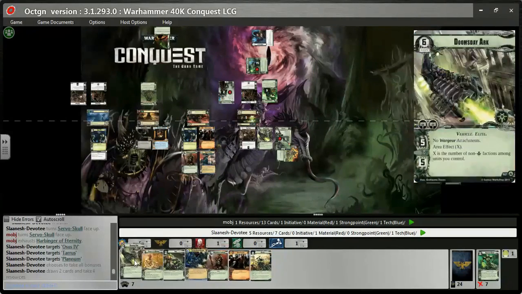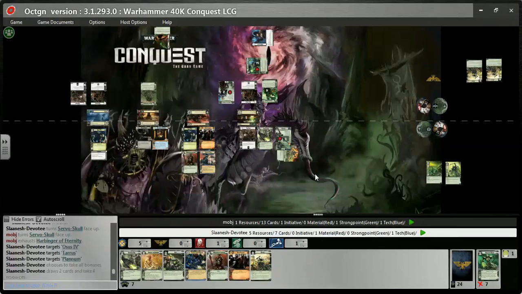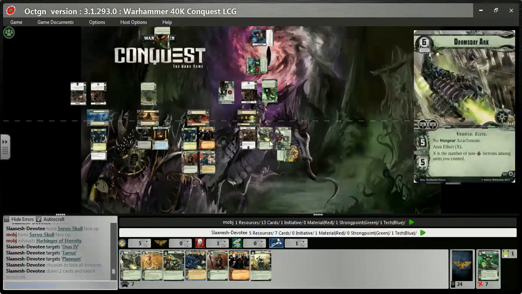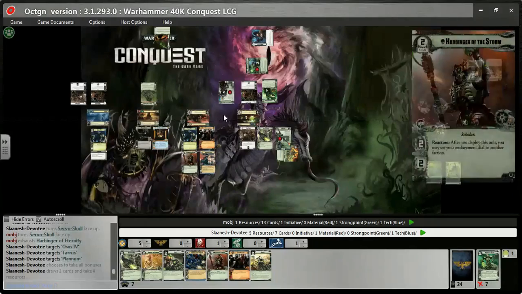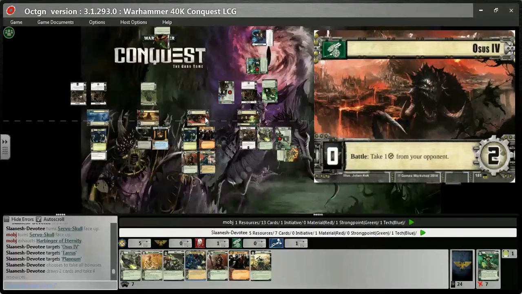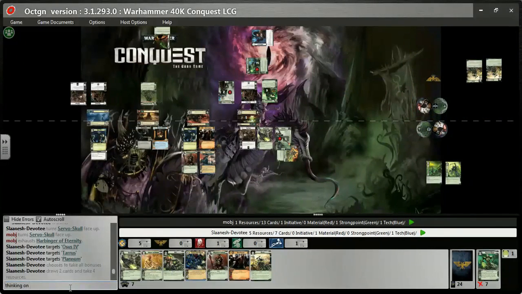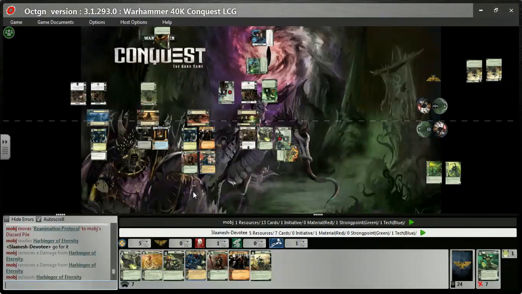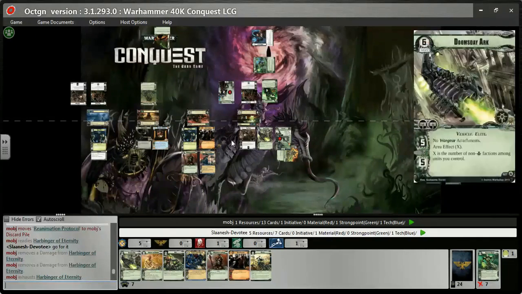Recycle Chaos Fanatics to replace some, Space Marines to replace some. Okay. Do I want to bring him over just in case? If it's looking dangerous, I can shift the arc over where it will be my initiative next turn. Okay. I will. Thinking on new phase reactions. So, go for it. Okay. So,